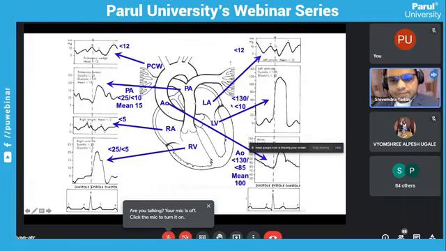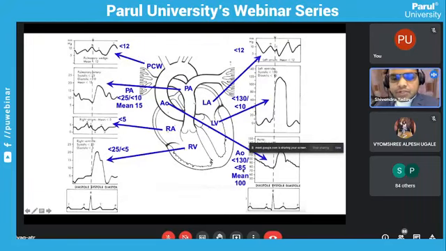Likewise, the LV systolic pressure is very similar to the aortic systolic pressure. Okay, what happens if the LV systolic pressure is very high and aortic is very low? There will be a lot of rush. But if aortic systolic pressure is very high and LV is low, then you cannot get enough blood in the